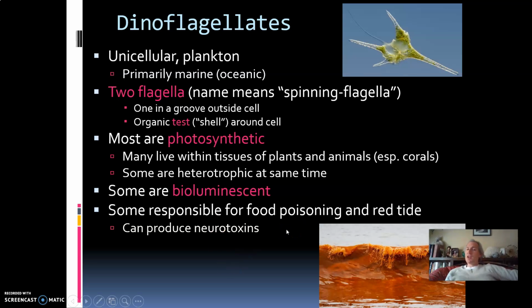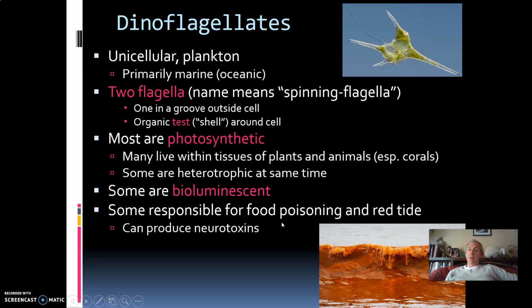This is an application. When we cover groups of life, part of our biodiversity should be why do they matter? What's their ecological role? Where are they within the food chain? But also, why do they matter to humans? And so, a lot of food poisoning from seafood is often because of dinoflagellates. So, if you eat some bad clams or some bad mussels and get nauseous later that night and get food poisoning, get sick, vomit, often it's not that the clams were bad, it's that the clams were eating algae in the water and they ate some phytoplankton,